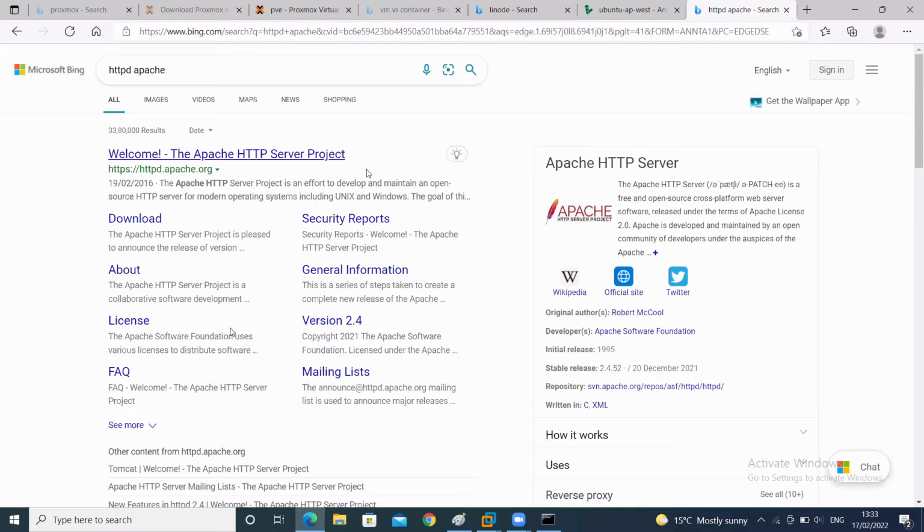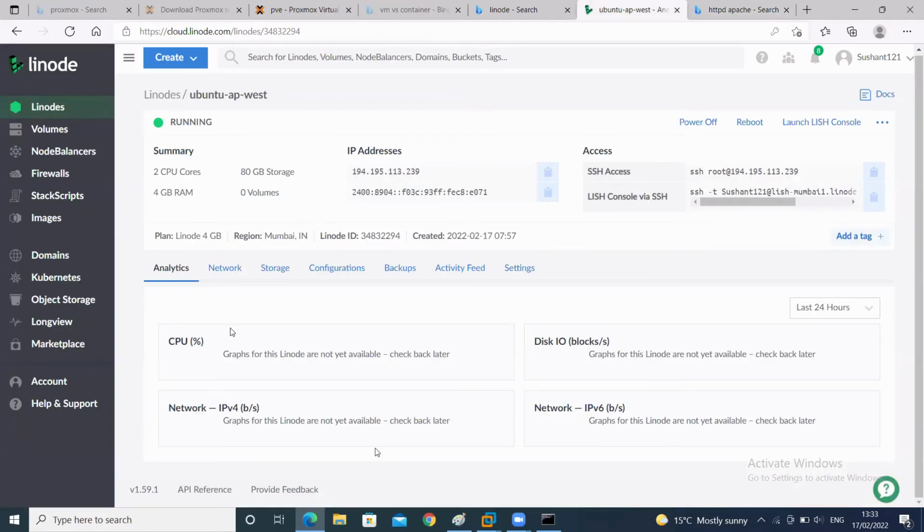You will install it in one location, and then you will be able to host your website. What is Apache? Apache is a website hosting server. Read it from here.